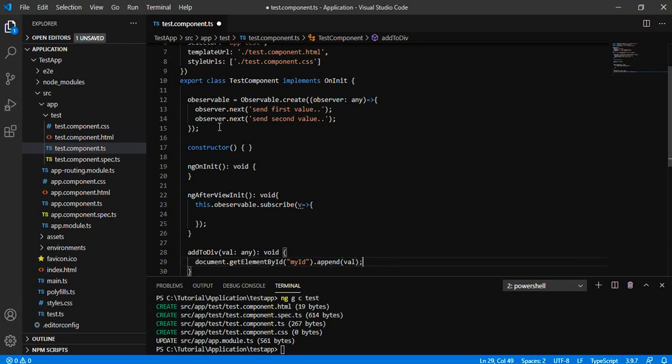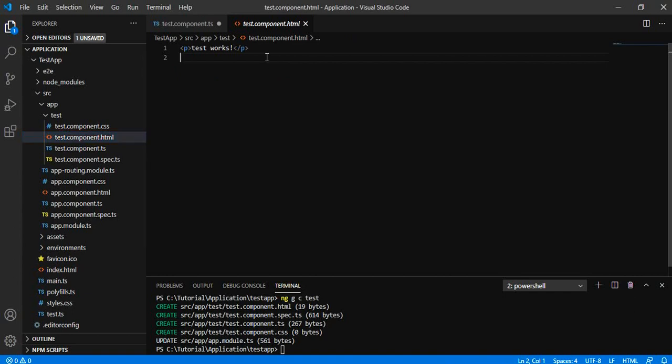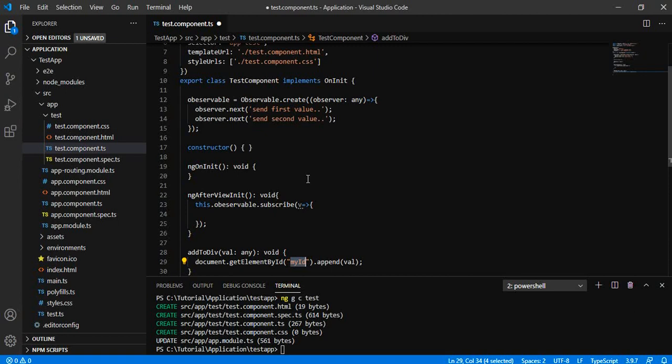Okay, fine. Now first of all I am going to add this particular myId in our HTML. Let us say we have a div, and it has the ID myId.